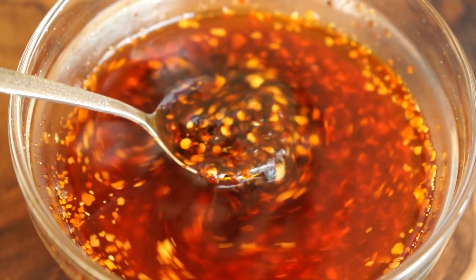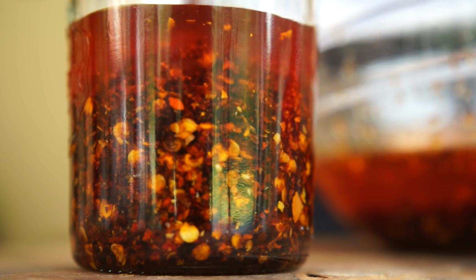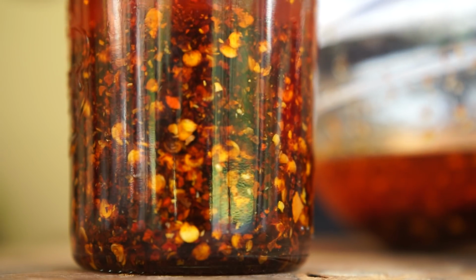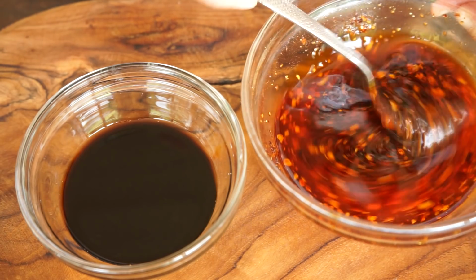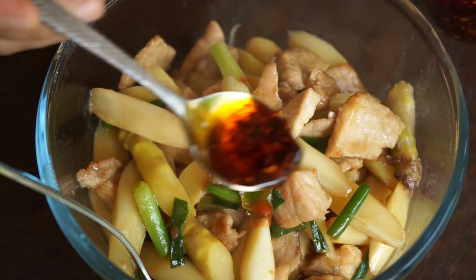In my family, we always have a pot of chili oil in our kitchen cupboard. It raises our dishes and opens our appetite. I really like the taste of this oil. We can add it to sauces, stir-fry dishes,